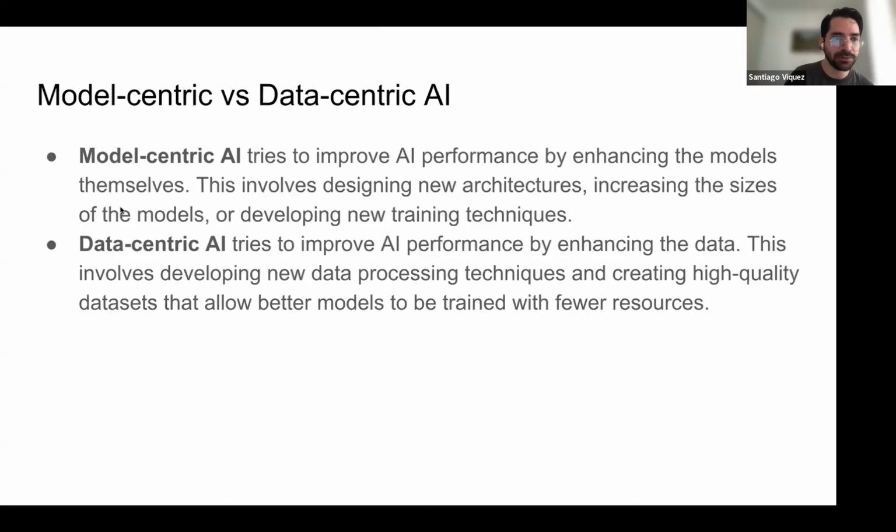The chapter discusses a little bit about model-centric and data-centric AI, where model-centric, as the title says, focuses on the model. Enhancing the model, improving the architecture, increasing the size, or developing new techniques improves the model, so there are labs that focus on that.